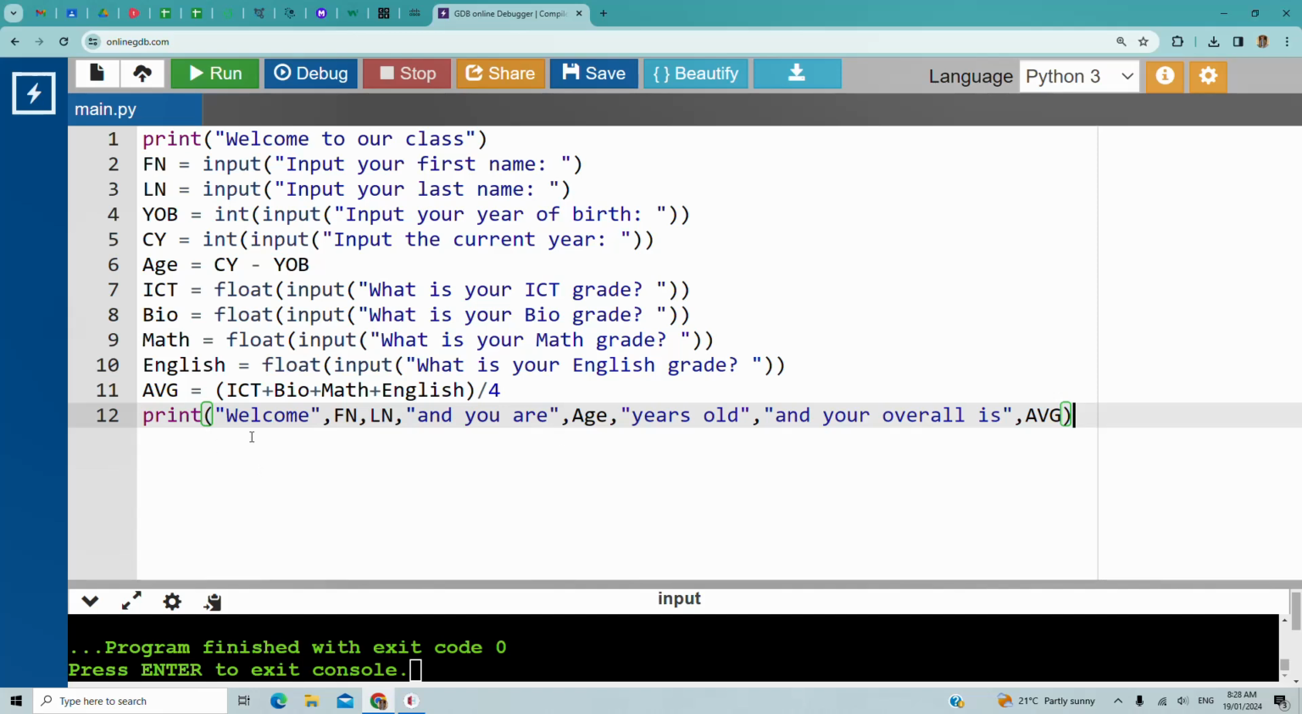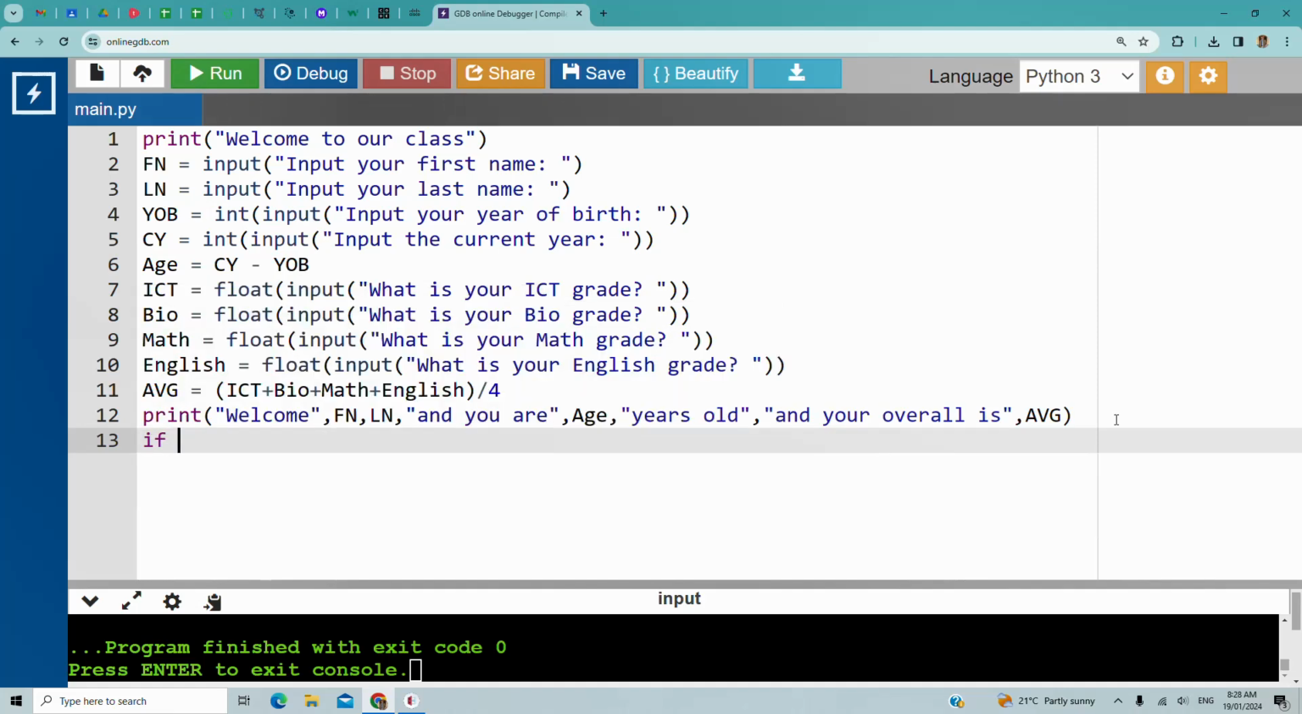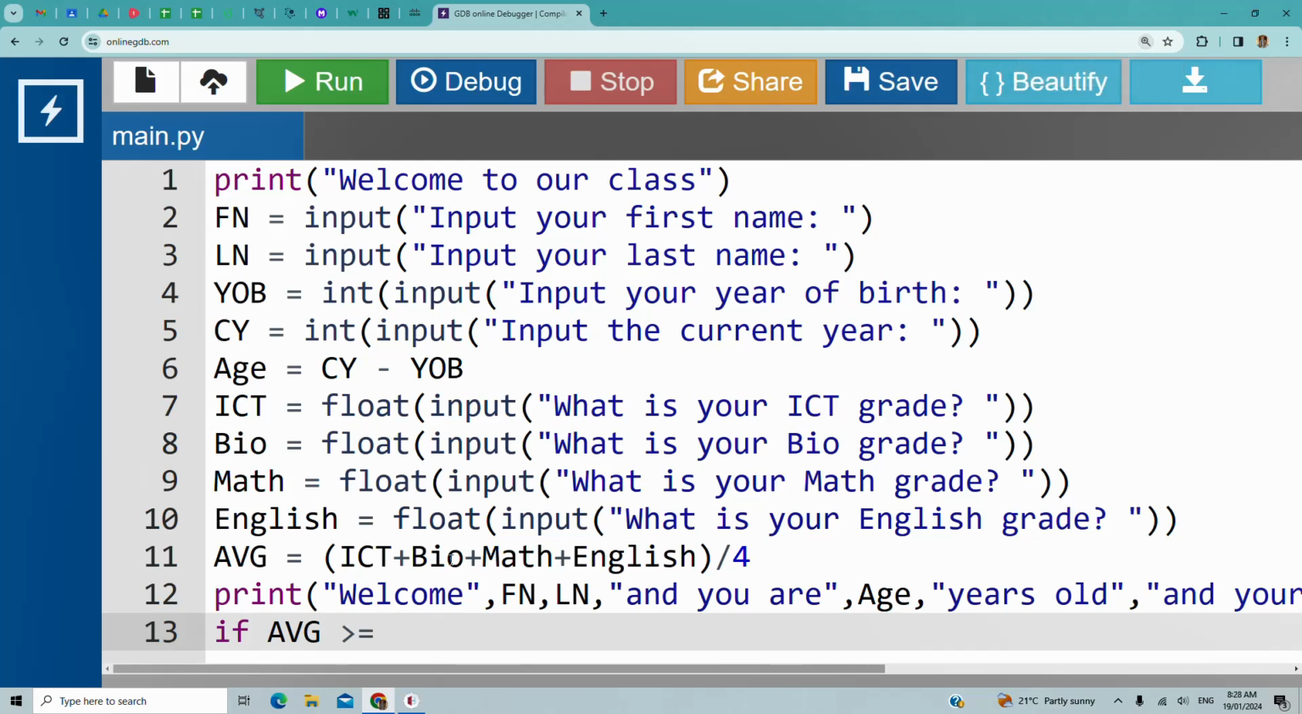So in this situation, we're going to use the if command. With it, we're going to evaluate the average variable. Why do I use this variable? Because this is the one which carries the average grade. If average is greater than or equal to,